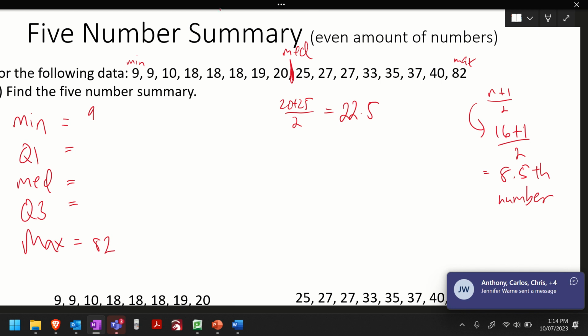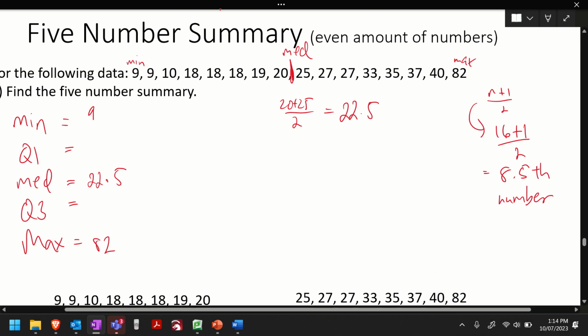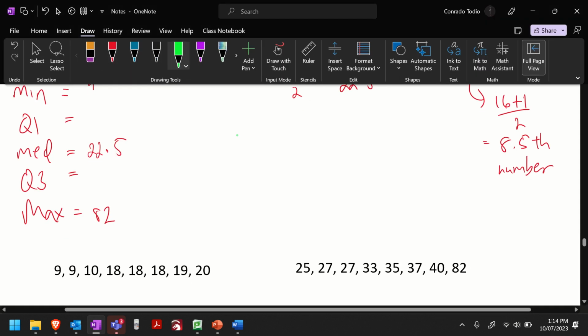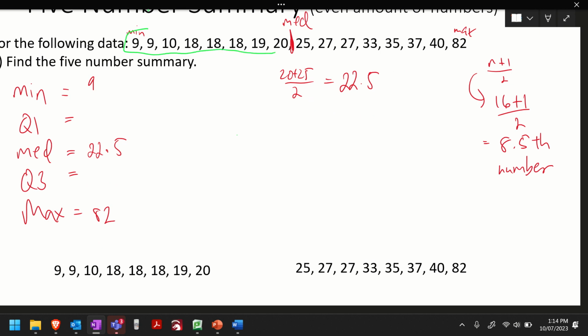When you do the Q1, Q3, do you go from outside of the 20 and 25, or is the 20 included in Q1? So remember I said don't include the median. Technically 20 is not a median, so you've got to include it. To answer Sam's question, when you do Q1 and Q3, you're looking at these numbers down here. You don't include the median when you do this. Technically, the median is between 20 and 25, so it's in there, but it's not part of the lower half anyway. So you look at these numbers only.